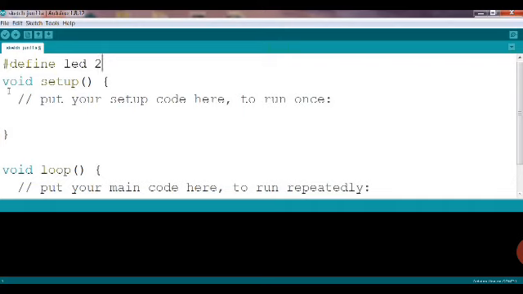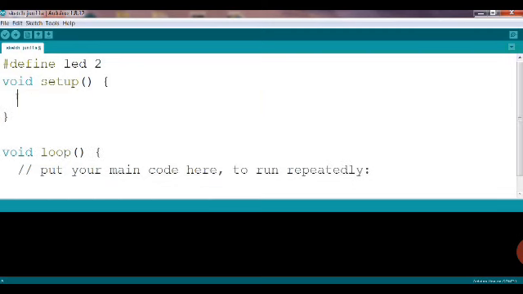So define LED 2, and we can change this program also, okay, and then we can delete the text written there and then write down pin mode. You can see M is capital, rest is small, and the way I am writing here it should be written. If I am writing a capital letter anywhere, it must be in capital letter, otherwise the program will not work. So in general, pin mode output, I'll let you know the meaning.